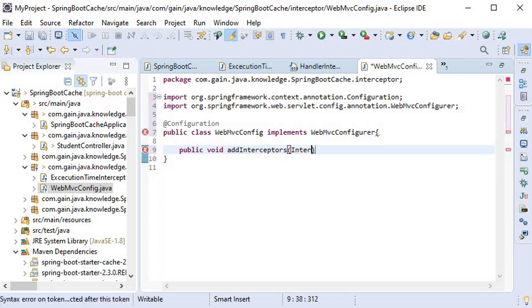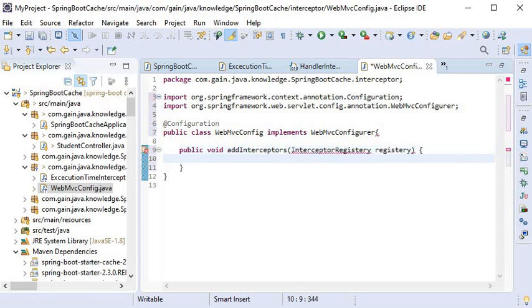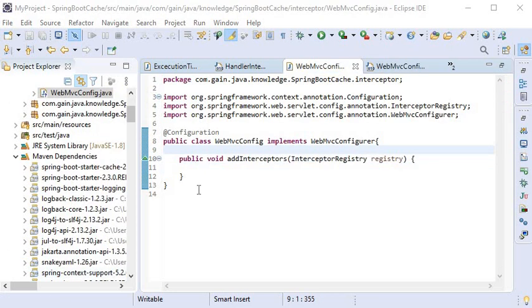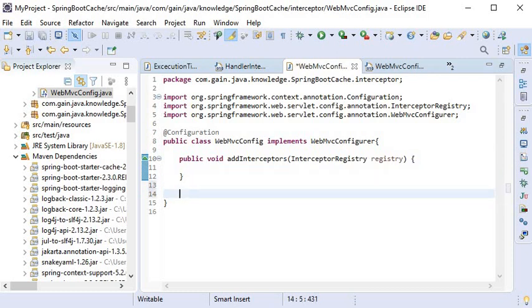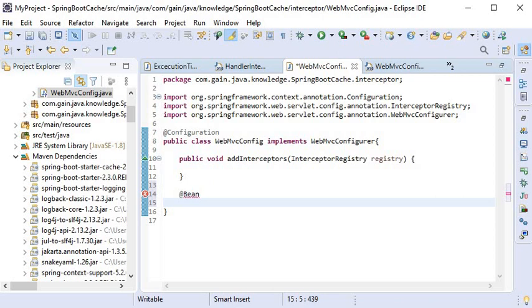and here I will use the InterceptorRegistry class, and here first we need to create the bean. If we don't want to create the bean, then we can directly create the object by using the new operator.